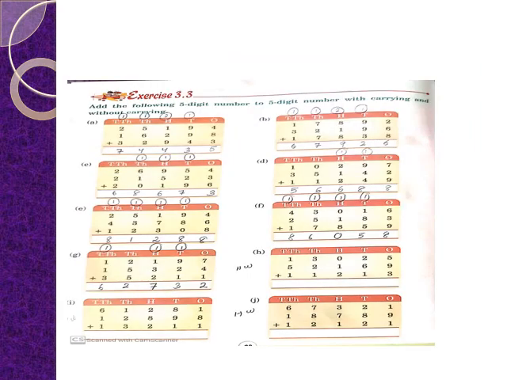Now exercise 3.3, you have to do it in your book. So bit number A, 25,194 plus 16,298 plus 32,943. Now we will come to the ones place. There is 4 plus 8 plus 3. So 4 plus 8 plus 3 is 15. 5, carried 1 to the tens place.